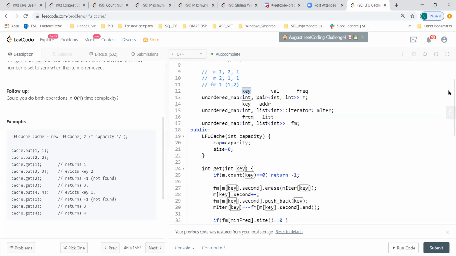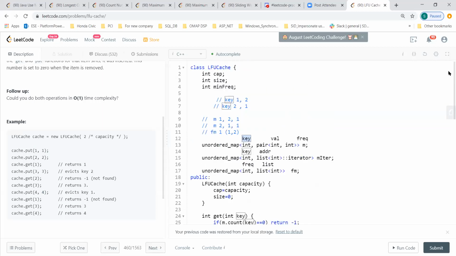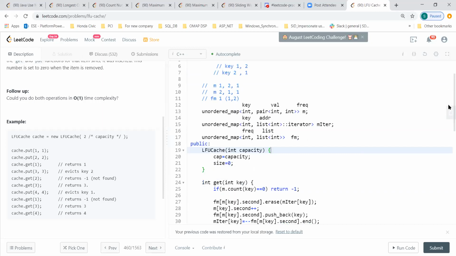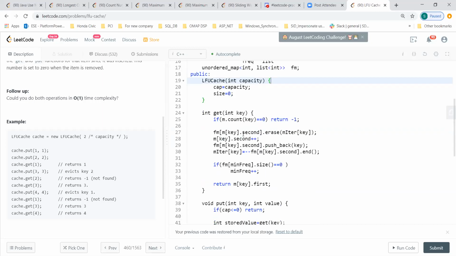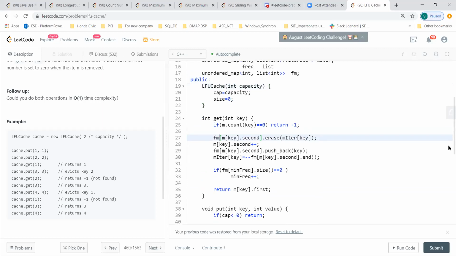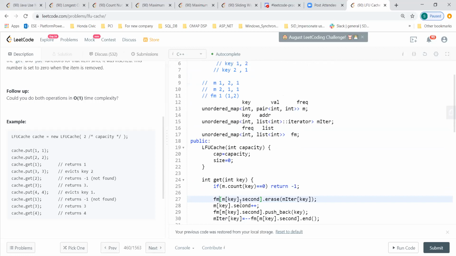So if we have these 3, and then this minimum frequency, which is a global member variable, then we have the capacity and size also. Size is important to understand what the capacity is. Then in the frequency map, using this map, I'm going to find my frequency, because I have to change that one.